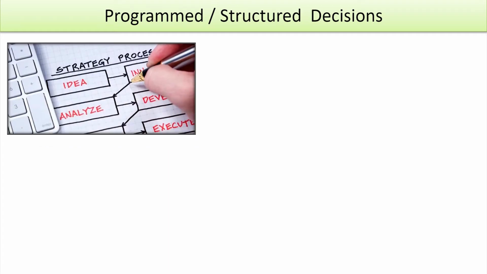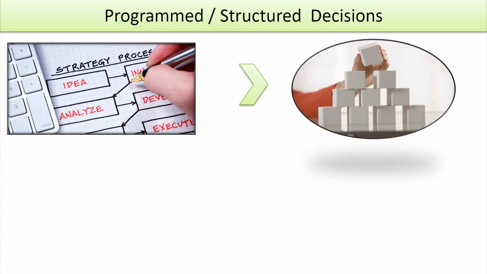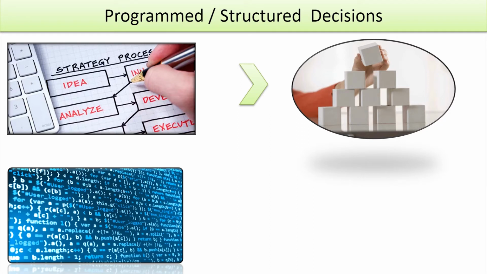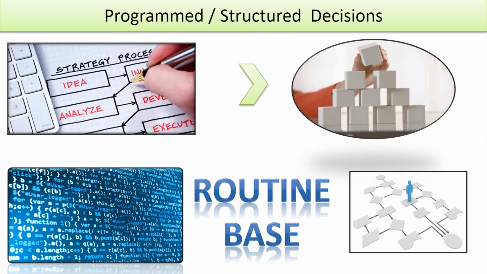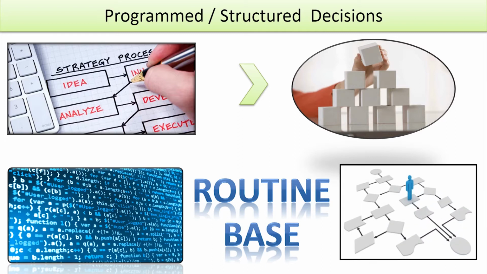These are also known as programmable decisions, and they can be pre planned. They have their well defined nature and structure, and it is possible to specify algorithms or decision rules for such type of decisions because of their well defined structure. These tend to be routine based and are frequently repeated, and they can be made through habit by operating procedures and other accepted tools.